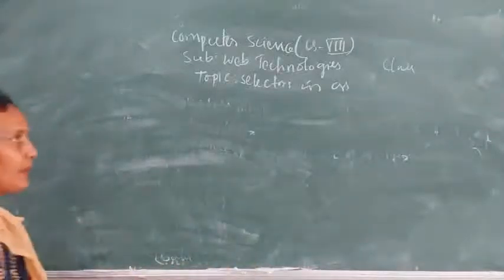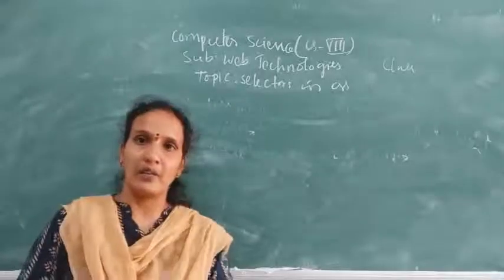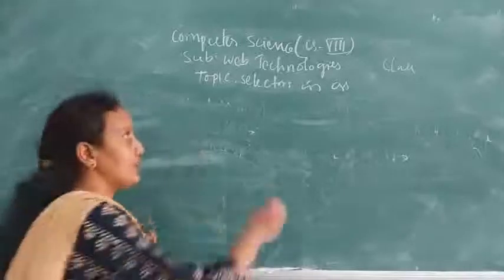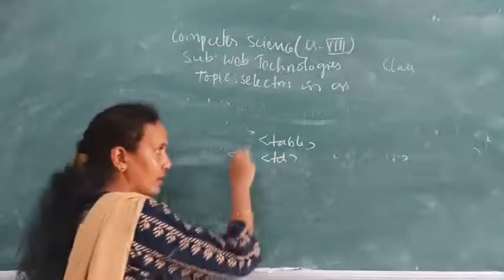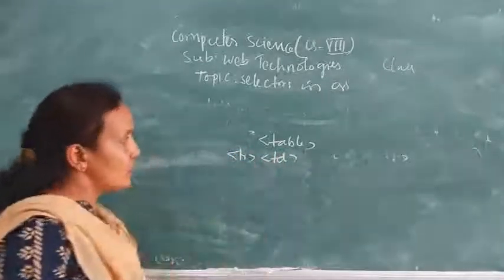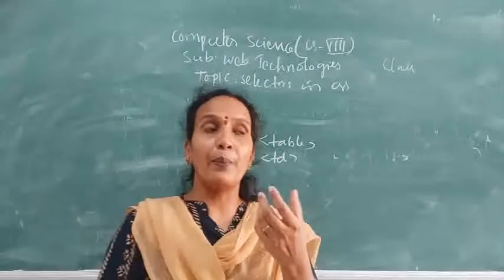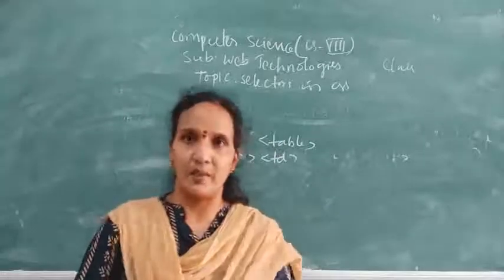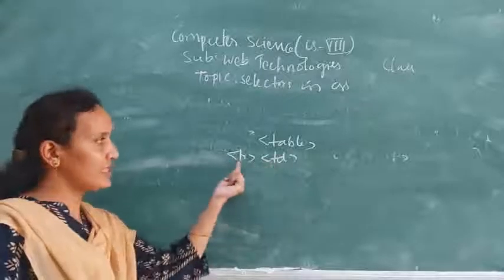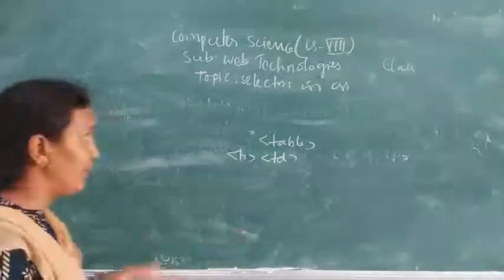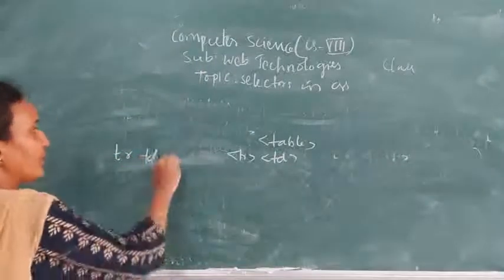Child selector. In this example, we are in HTML language; nesting I have already explained in the very first class. For example, table is the outer tag and TD is the inner tag, or inside the TR you have a TD. So this is called a child element of this. For a child element in a particular tag, if you want to give a property, then you can use a child selector. For example, all the TDs in this TR, I want to give a red color. Then I give TR, next give a space, TD, and give the property.